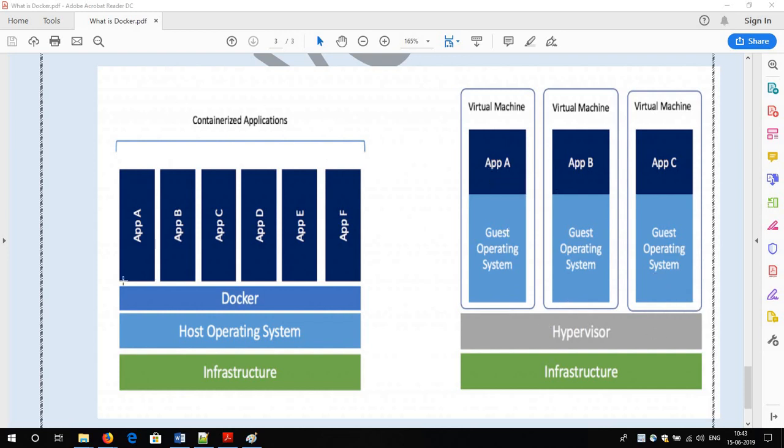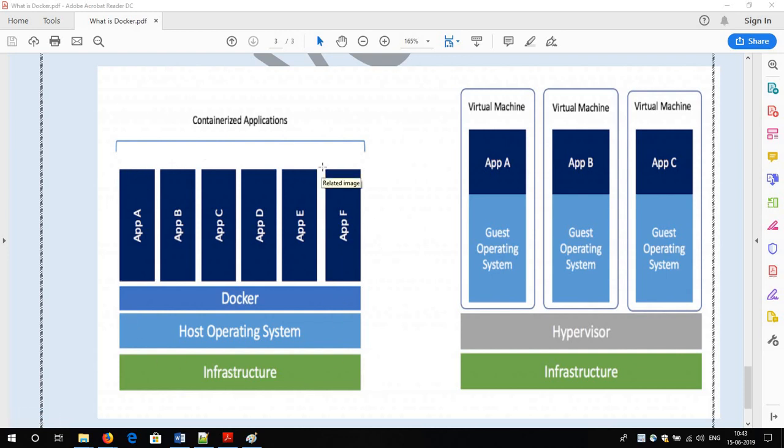The same work Docker also does, but Docker doesn't virtualize the resources of the physical machine. Docker virtualizes on top of the host operating system. Let me explain the concept.